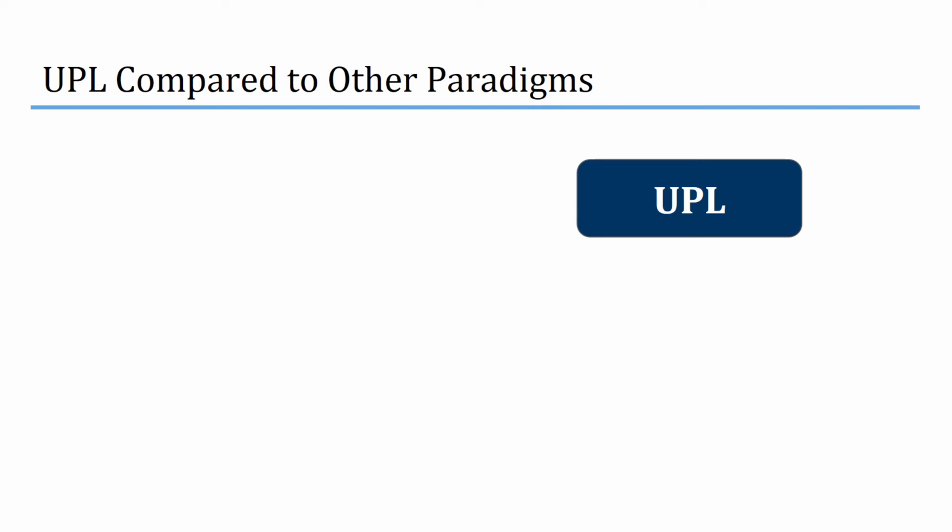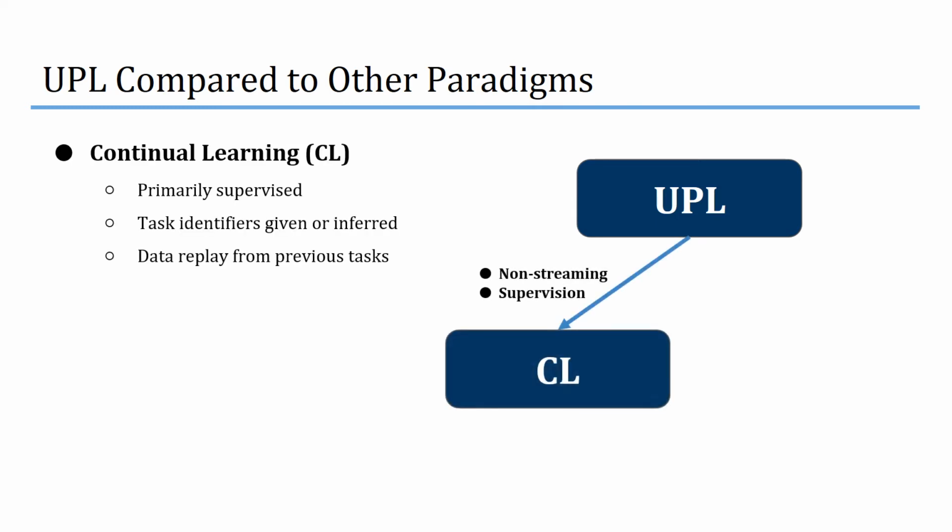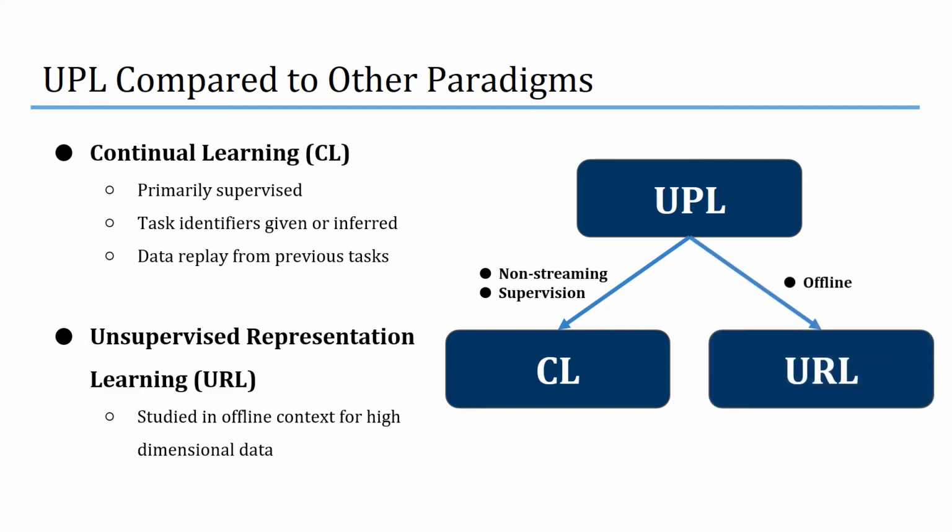We differentiate our work from standard continual learning to emphasize that the representation learning in our paradigm contains no data labels, no task identifiers, either explicit or inferred, and no data replay. This is a realistic, challenging problem, such as monitoring a live video feed on an agent exploring changing environments. Popular, deep, unsupervised representation learning works require iterative training over unlabeled data and are not applicable to the streaming problem. While our method could be trained and evaluated with deep, unsupervised methods, the opposite is not true.